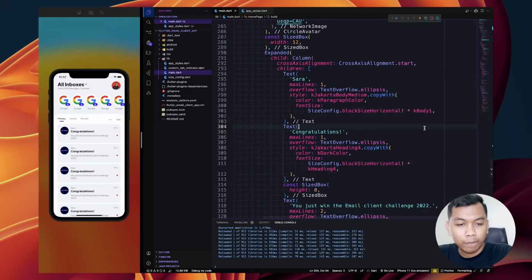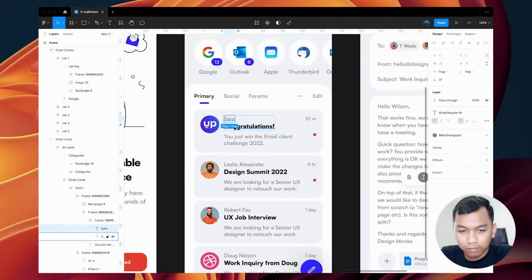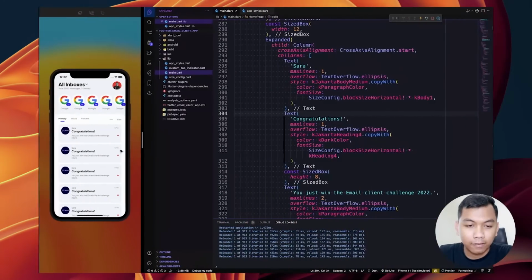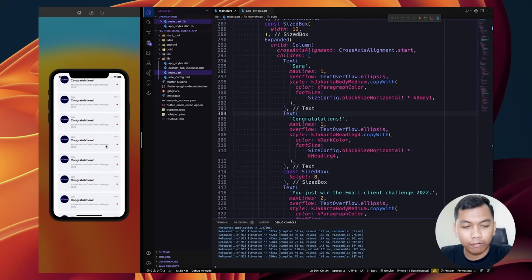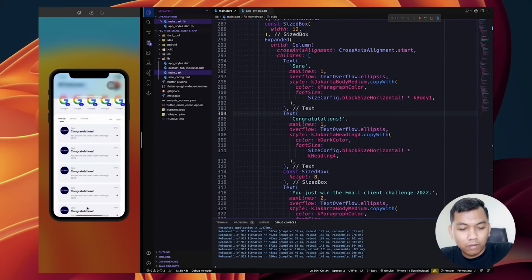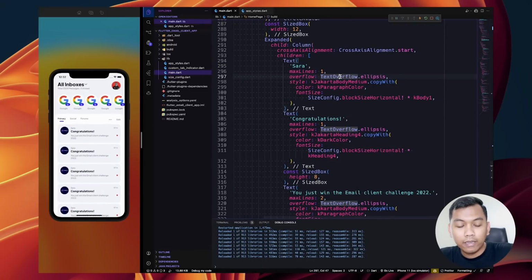Alright, it looks similar. Let's try scrolling. So we have a bouncing effect. I'm sorry.